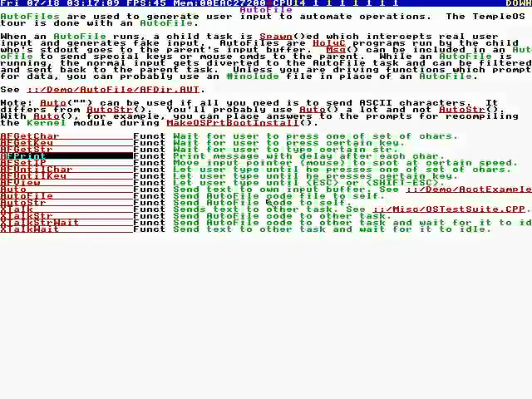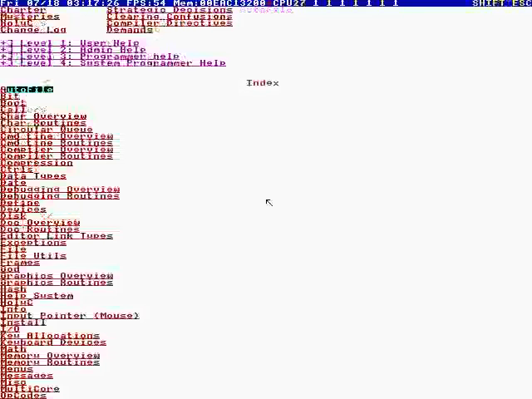So auto files, that's for auto. Auto puts text into standard in. Crosstalk puts text into another task's standard in. An auto file is